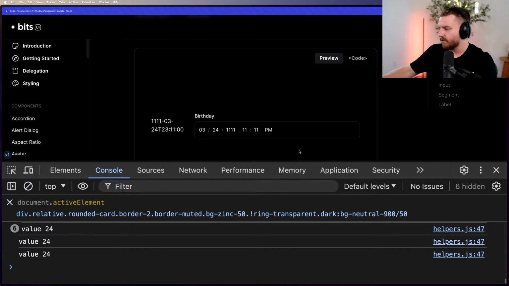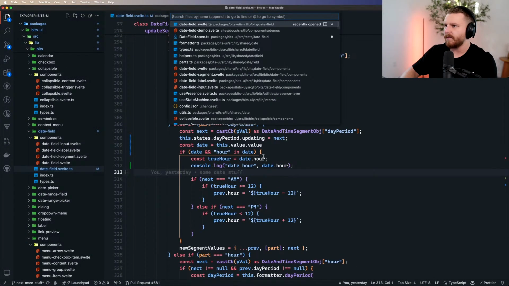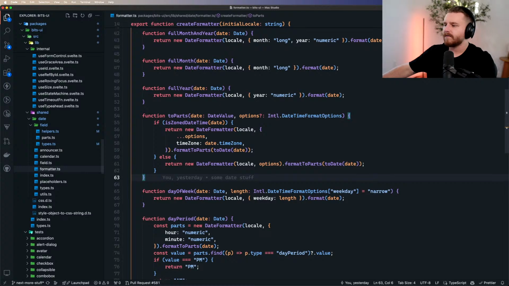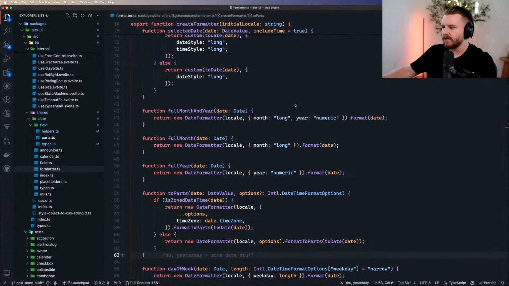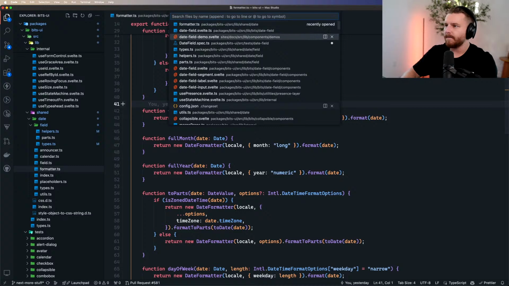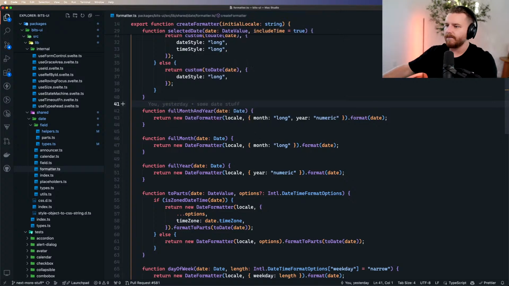Yeah, unfortunately, Roby, this thing is internationalized. So everything is coming from a datetime formatter, right? That's how we can flip the locale to whatever we want. I guess it's better, it's easier to read in the... I guess we can do